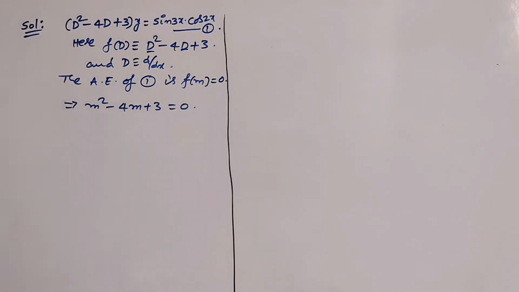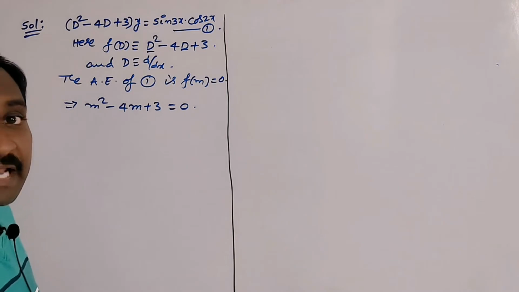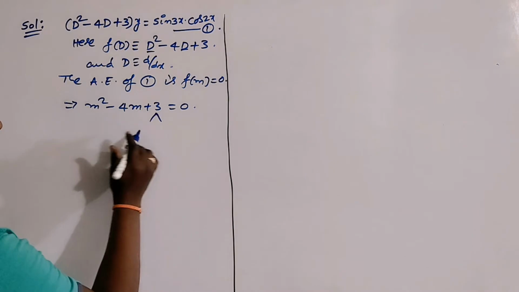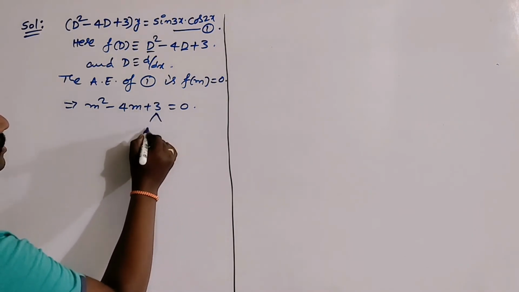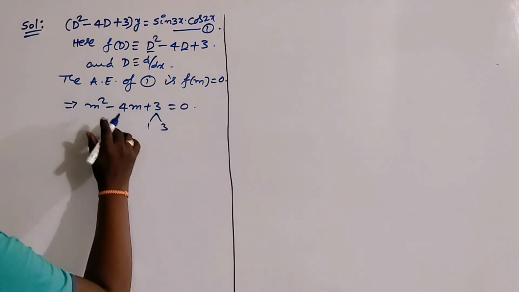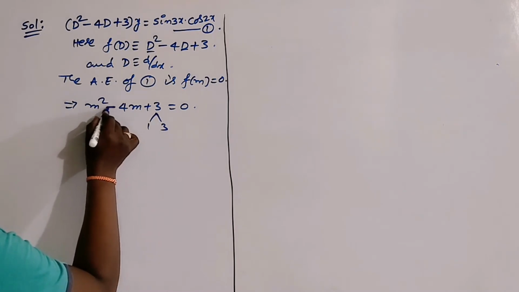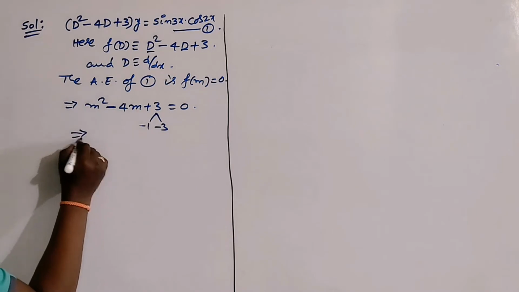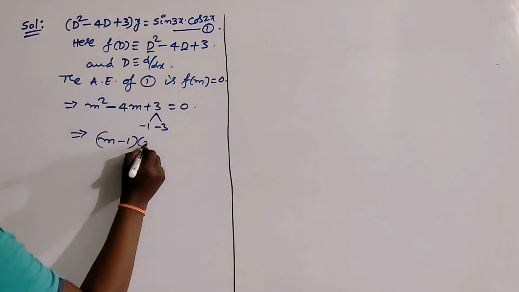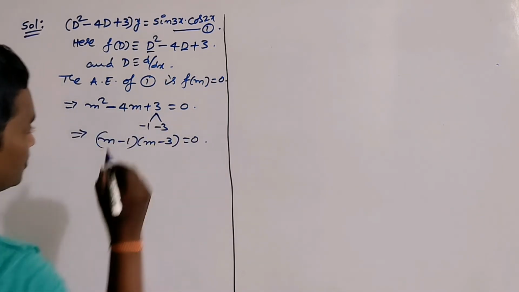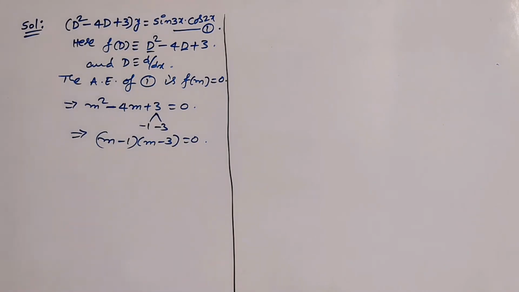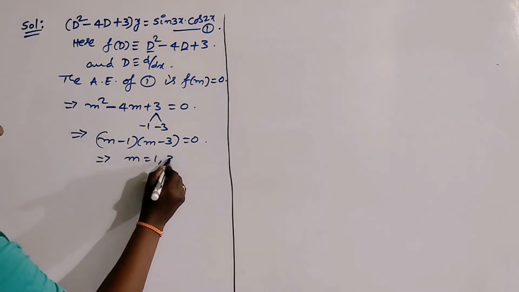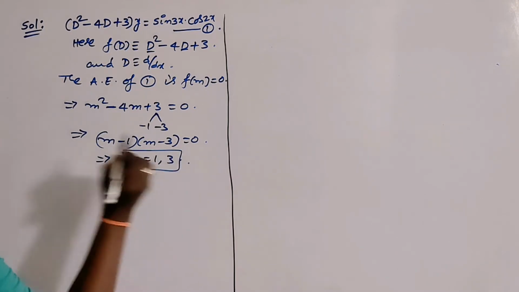So first of all we have to check whether the given equation has direct factors or not. Clearly here we have factors, because the factors for the constant 3 are 1 times 3, and in between here we have negative sign. So take minus 1, minus 3. So (m minus 1) into (m minus 3) is equal to 0. These are the factors. From this m is equal to 1, 3 are the roots which are real and different.